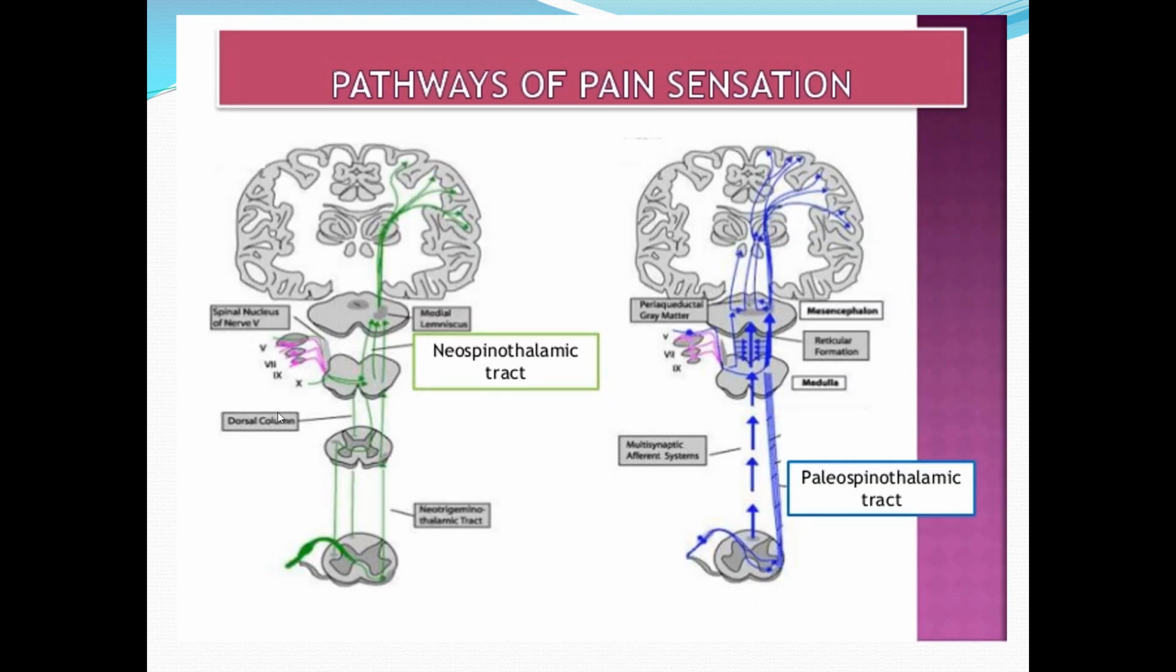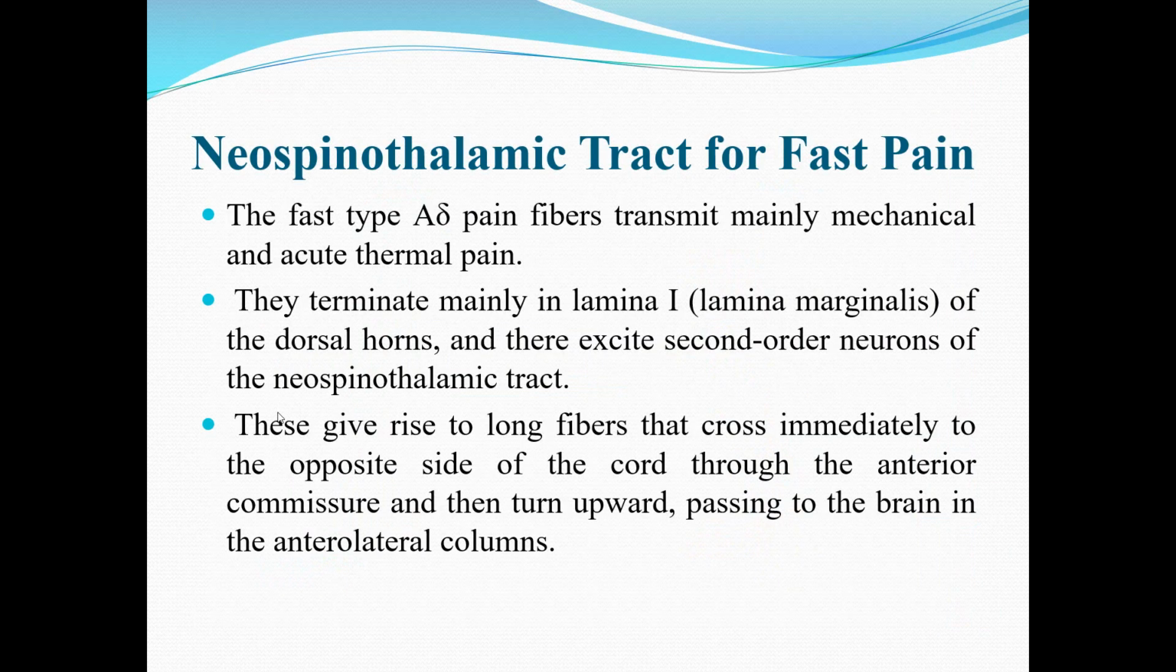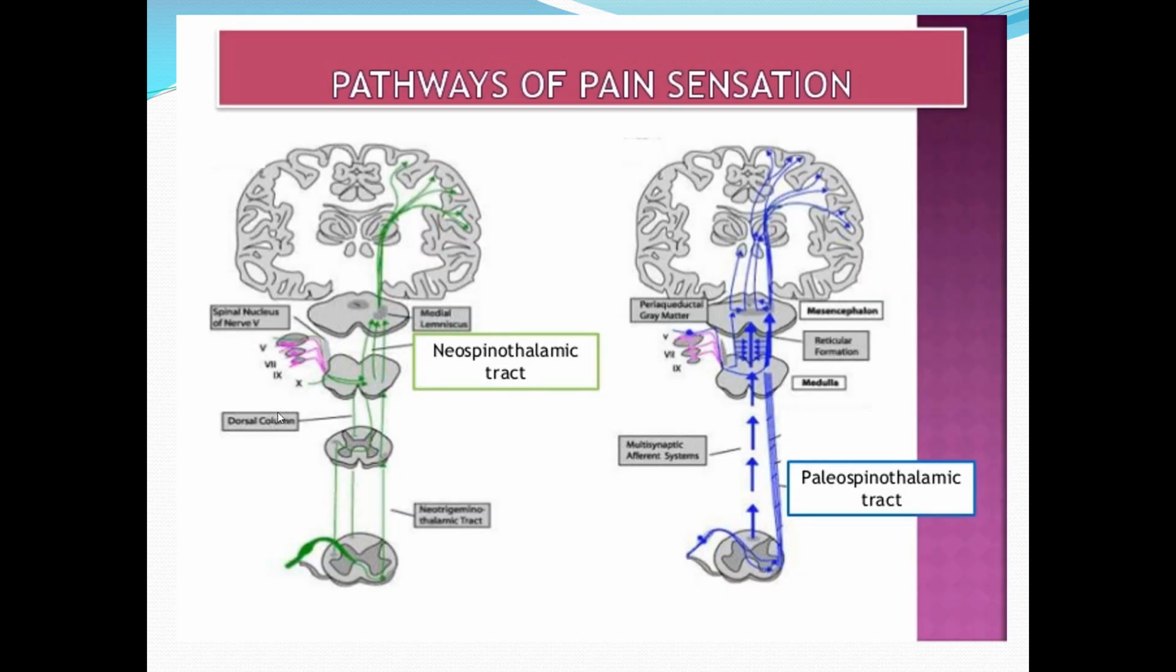Now look at this diagram. This is actually telling us about the neospinothalamic tract for fast pain. You can see how the free nerve endings are going to enter the dorsal column of the spinal cord, and then they're going to relay in lamina 1, 2, and they're going to go to the opposite side. They're going to cross over, and the second order neuron arises from over here and is going to